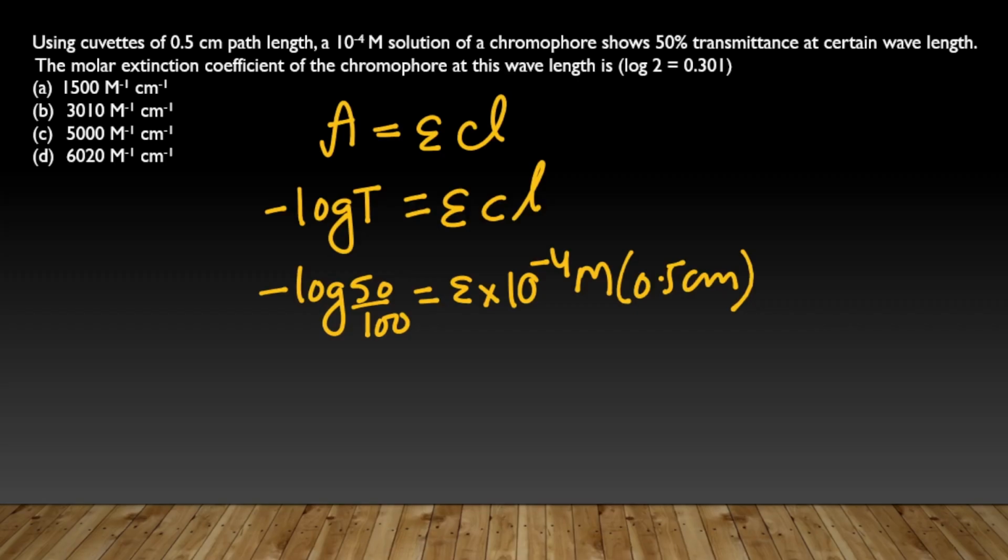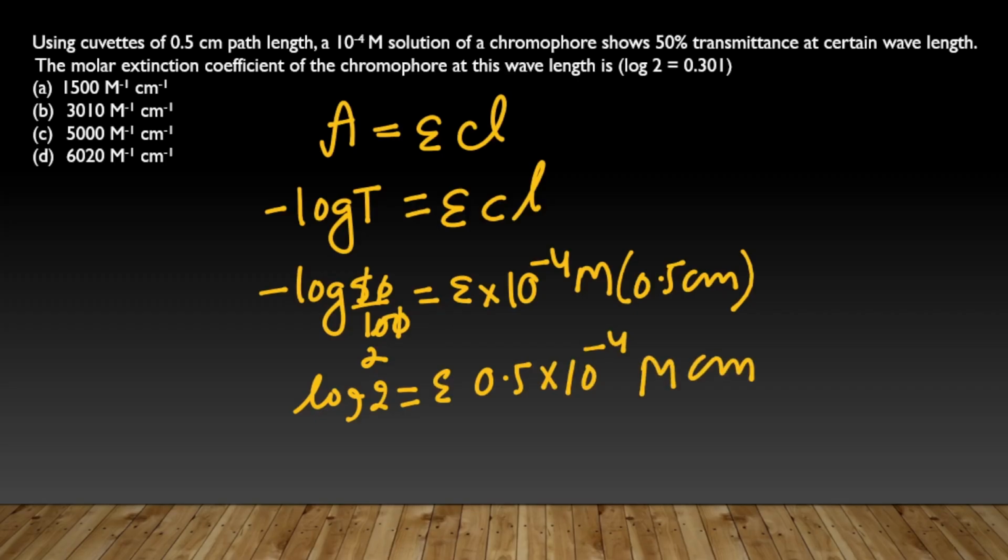So just solve this. We are getting this as 1 by 2. This will become log of 2, that is equal to epsilon times 0.5 into 10 raised to the power of minus 4 molar centimeter. So log 2 is nothing but 0.310 upon 0.5 into 10 raised to the power of minus 4. Units of it will become molar inverse, centimeter inverse, that is going to be your epsilon value. Solving this, the value of epsilon we are getting is